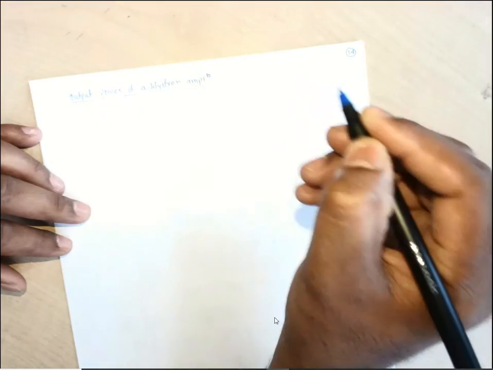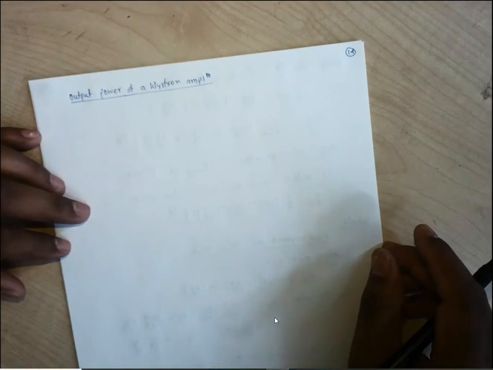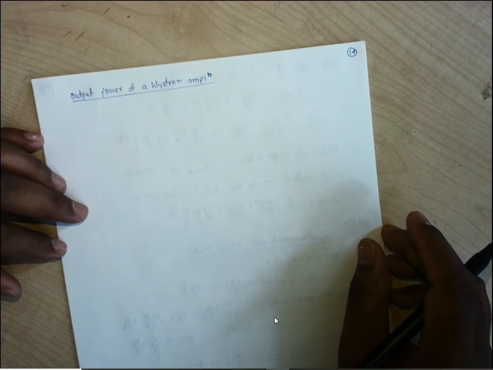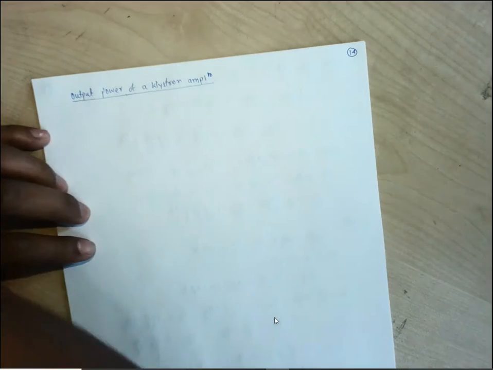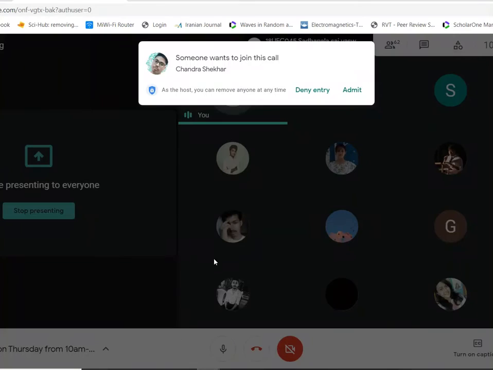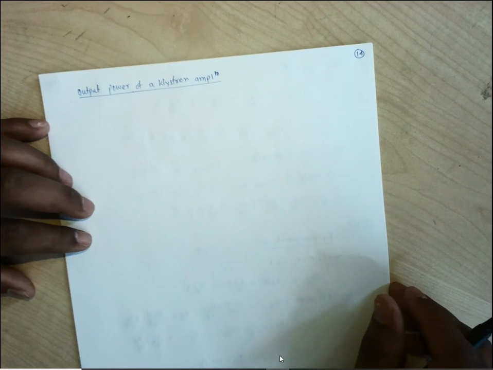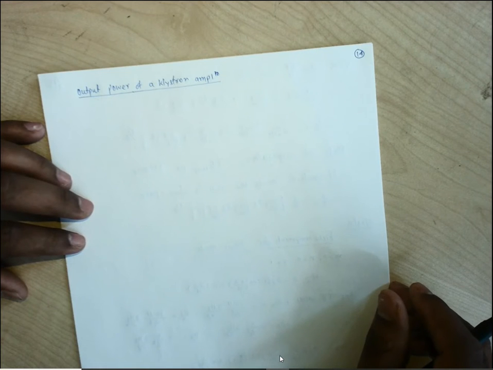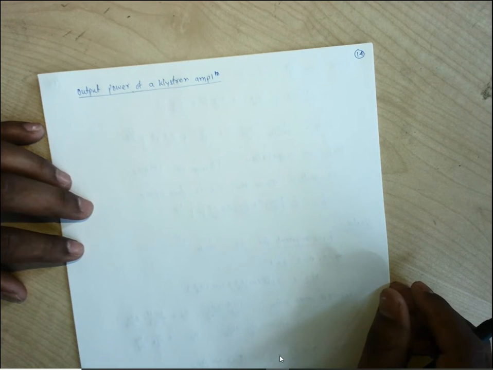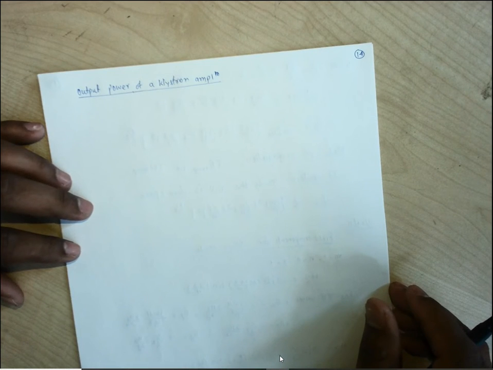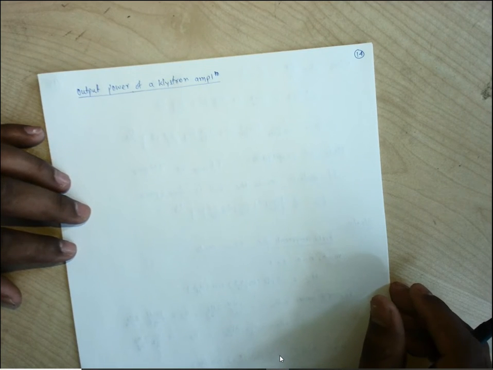Klystron amplifier. So for getting the output power, we want the maximum bunching to occur, and that is supposed to reach the catcher cavity. For having the maximum power or maximum amplification from a klystron, we want the maximum number of electrons to appear in the bunch, and when they reach the catcher cavity, the maximum amount of power is supposed to be delivered to the catcher cavity during the resonance. Okay,